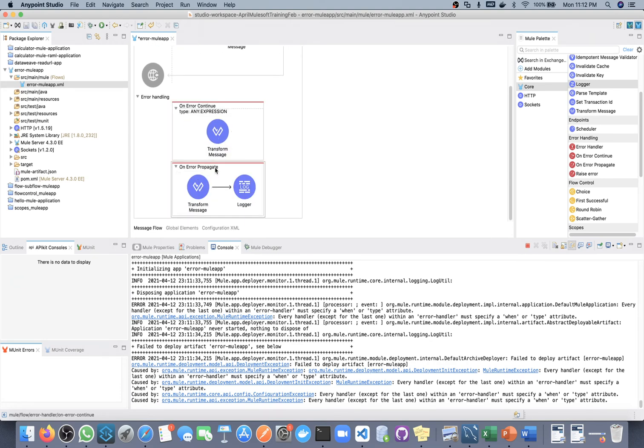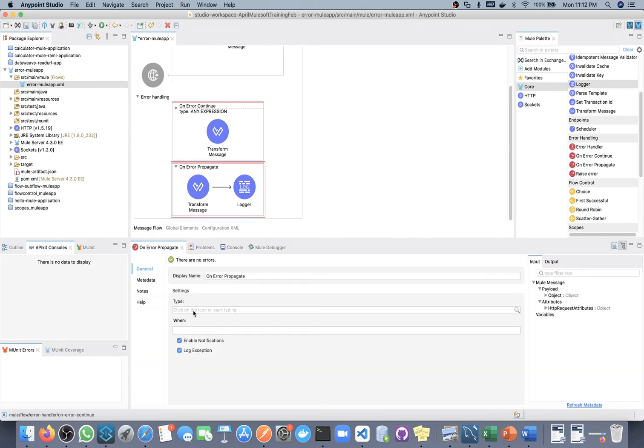Okay, whenever you are defining any error handler which contains type any, it must be the last of all the error handlers. We should not keep it on the top or in between.